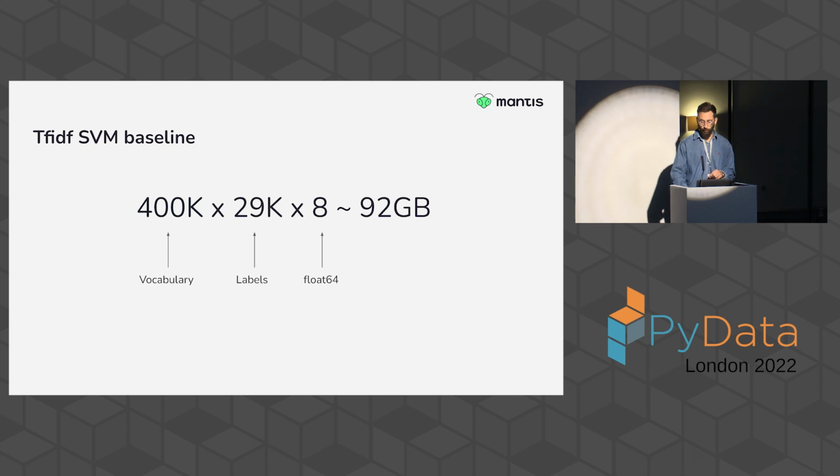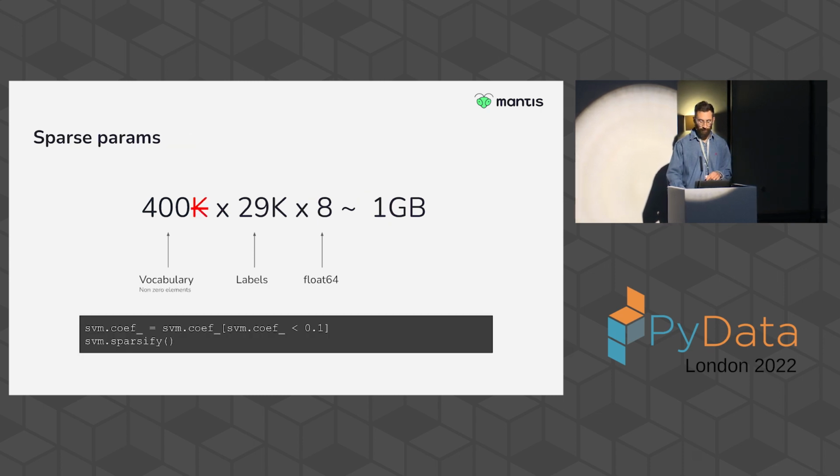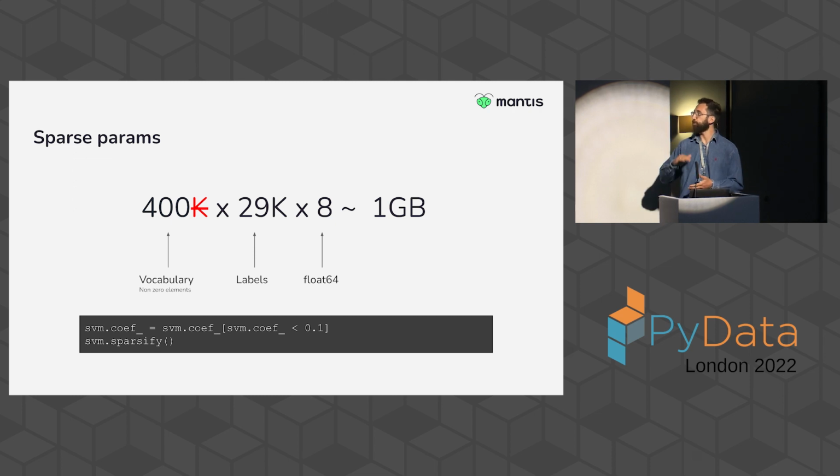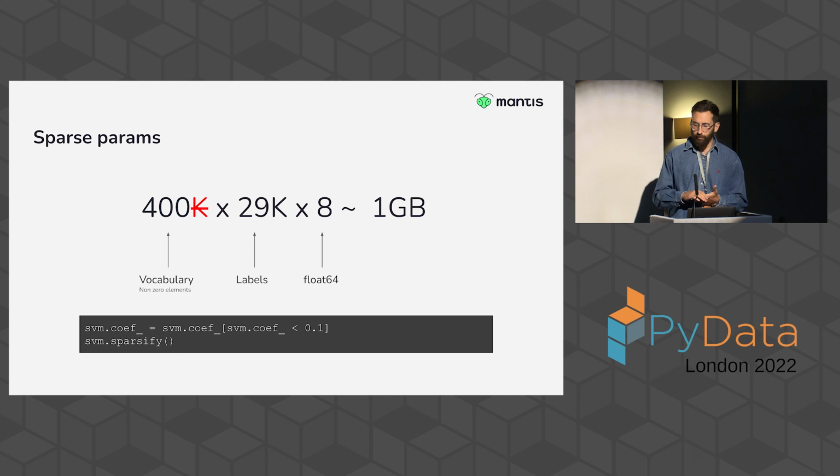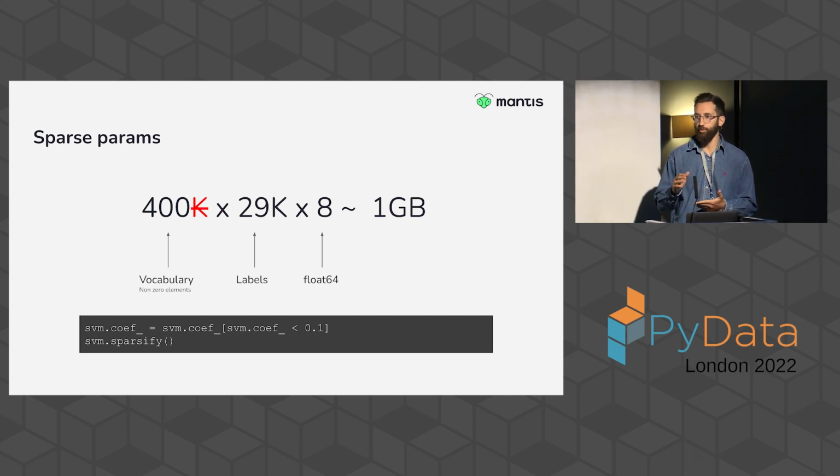But fortunately, there is an easy way to solve this problem: not all of these vocabulary terms need to have parameters that contribute to the classification. Actually, an order of magnitude fewer parameters are needed most of the time. You can control that. This is just an order of magnitude calculation. But most of the weights for these terms are near zero. You can actually set a threshold pretty easily. You can say, I'm going to zero out all the parameters that are below, say, 0.1,